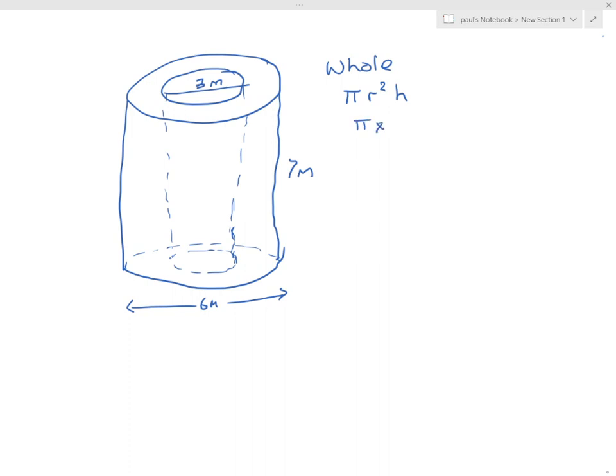Remember, it's half of this, isn't it? So it's 3 squared times 7. So this is 197.92 meters cubed,